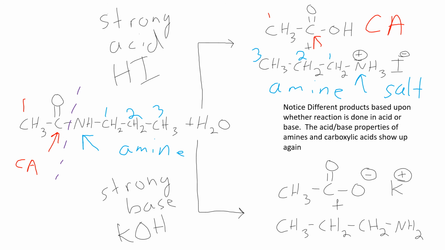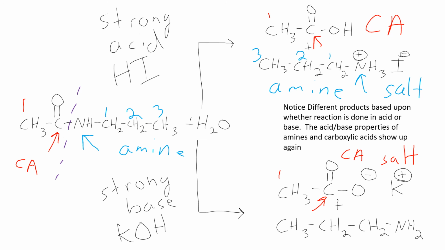Now across the bottom, we're going to look at what happens when we do this with strong base. Well, we're expecting a carboxylic acid and an amine, and the bond connectivities are the same. The C double bond O of the amide is going to become the C double bond O of the carboxylic acid. What do I have attached to it? CH3. But here, I'm forming a carboxylic acid, but I'm in strong base. Well, carboxylic acid plus strong base isn't going to stay as a carboxylic acid. Instead, we're going to be looking at the salt form. So instead of forming the carboxylic acid, I'm going to form that carboxylic acid salt.